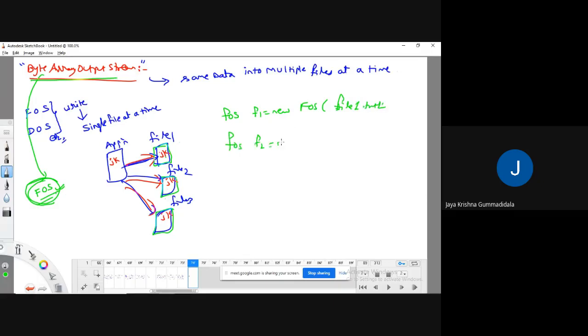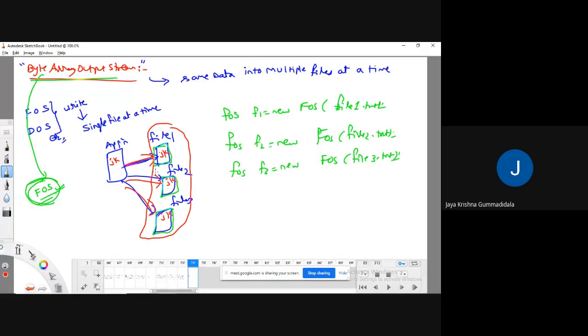File output stream f2 equal to new file output stream of file2.txt. File output stream f3 equal to new file output stream of file3.txt. Meaning that I have created references for the files first.